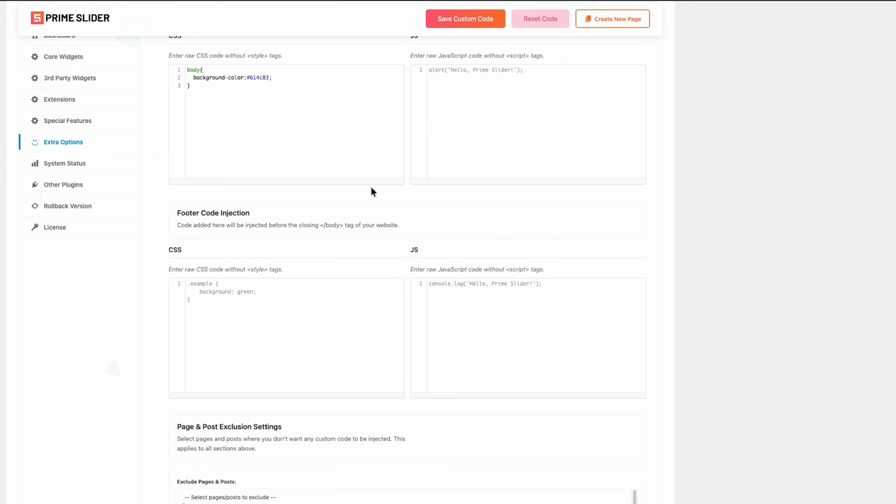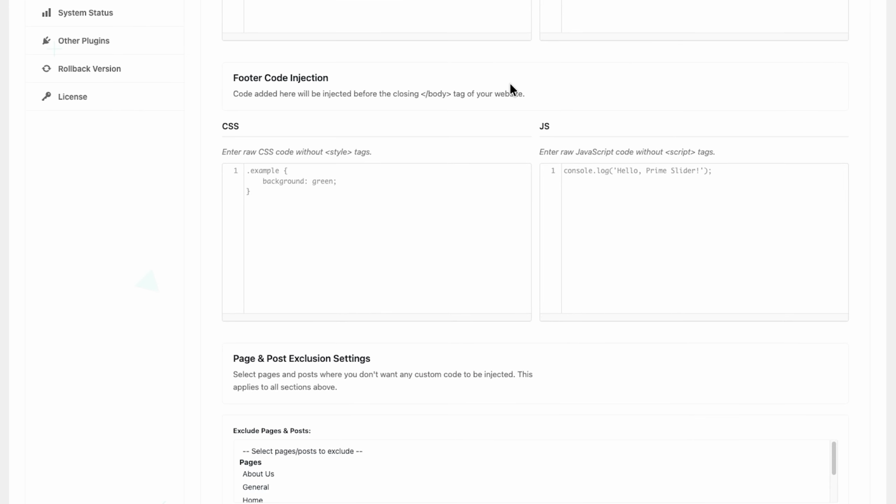As you scroll down, you'll find the Footer Code Injection area. This panel works similarly to the header section, but loads your custom code at the very end of the page. This placement is beneficial for scripts that don't need to run right away or may benefit from the page loading first. You'll again see separate fields for CSS and JavaScript, giving you the freedom to choose what type of code